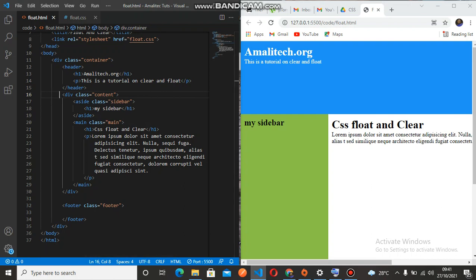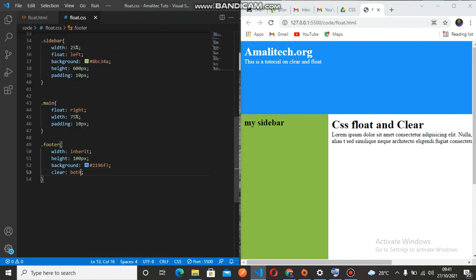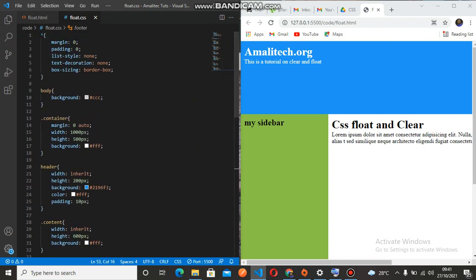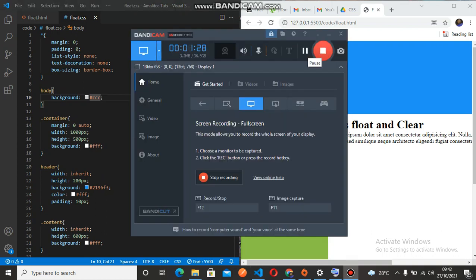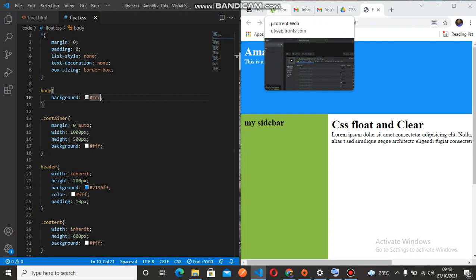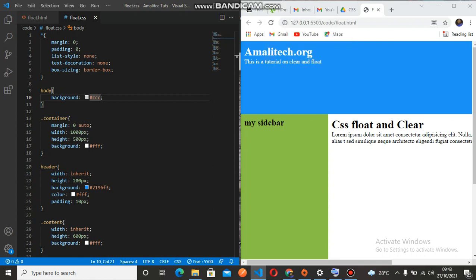So my styling, yeah, I decided to do the normal. I give it a text decoration of none, a box sizing of border-box, and I give it a background. So this is the background. So if I change the background to a different color, you see. Okay, so yes, you see that when I change the background,